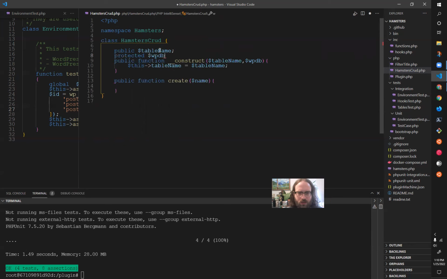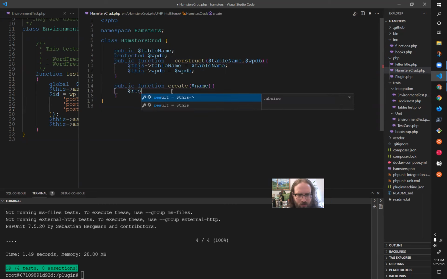So I don't want to have to do global WPDB every time in every one of these methods. So I'm going to do this WPDB. That does give me some flexibility later. I could have just done equals global here. Equals this WPDB